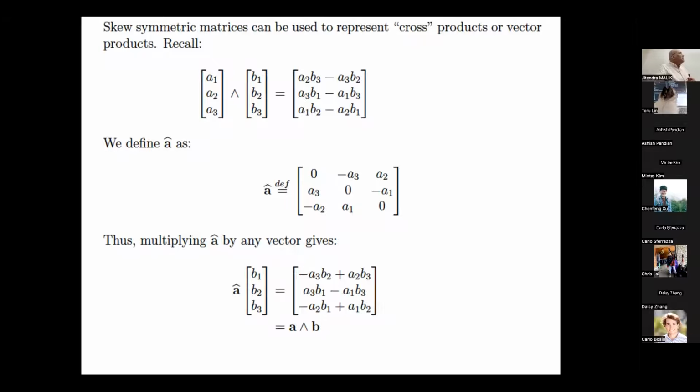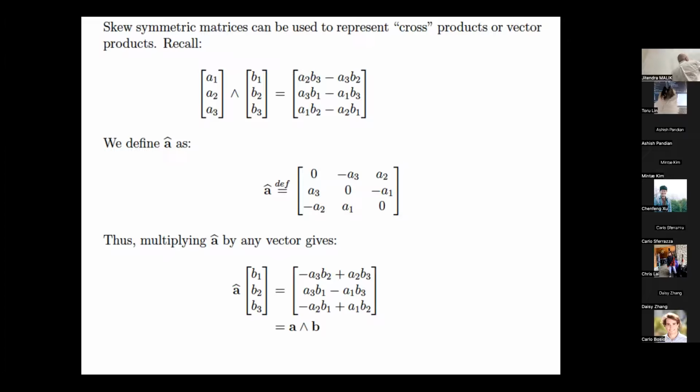So please interrupt wherever you have questions. Okay, and this matrix is a particular kind of matrix. What's the property of this matrix? It has zeros on the diagonal. It has some entries above the diagonal and some entries below the diagonal, but they are negatives of each other. So this is a so-called skew symmetric matrix,